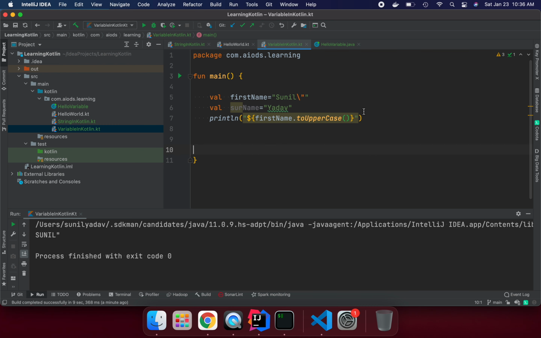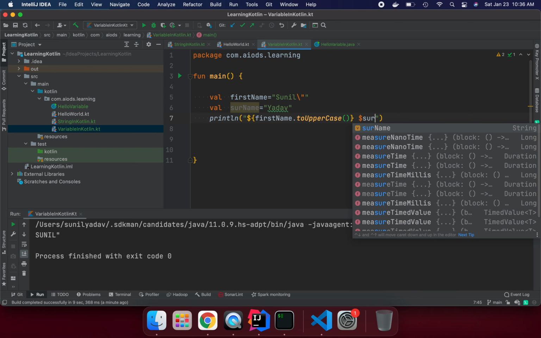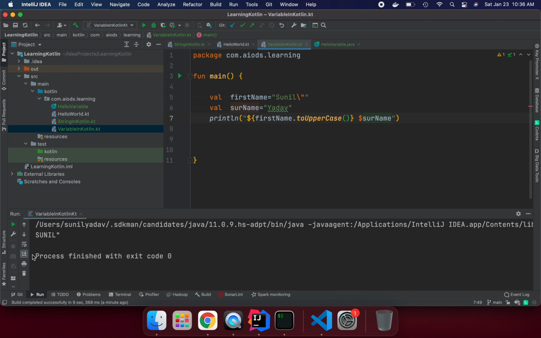Okay, so we can add here, simple, first name, then we just need to put a dollar and surname, so it's going to print. So let's run it. You see here the double quotes are coming as well, so we can remove them like this, okay? So it's going to print.